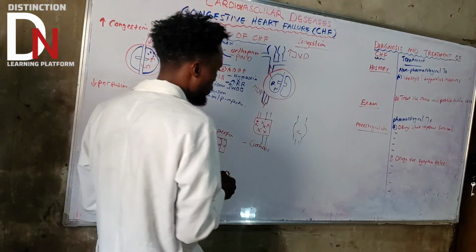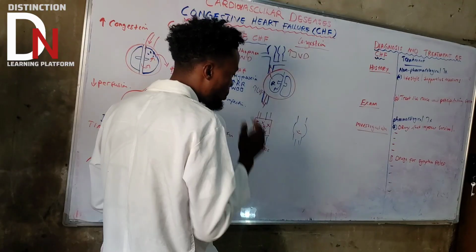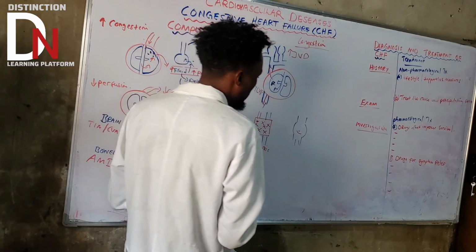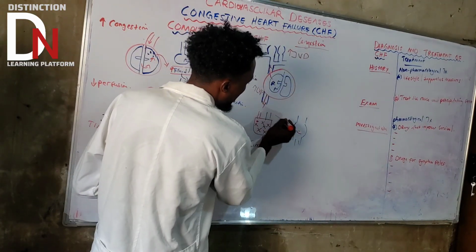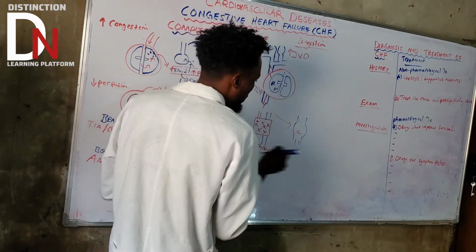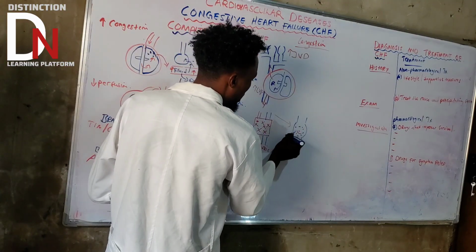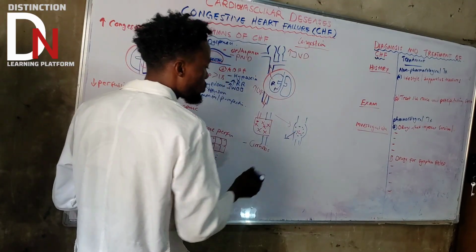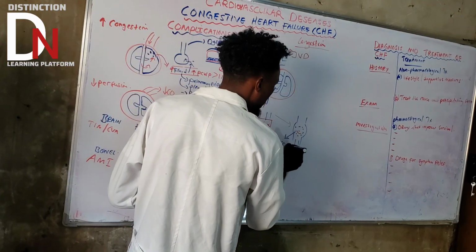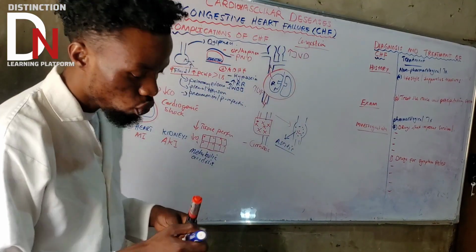And start going to the peritoneal cavity. So this fluid can come and start going to the peritoneal cavity, causing congestion in the peritoneal cavity, causing a certain clinical feature which we call ascites. Very important. So right-sided heart failure as well is going to